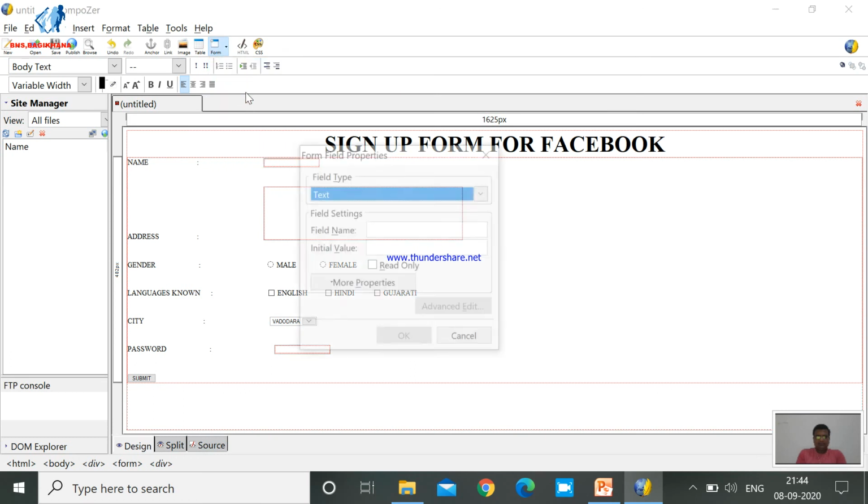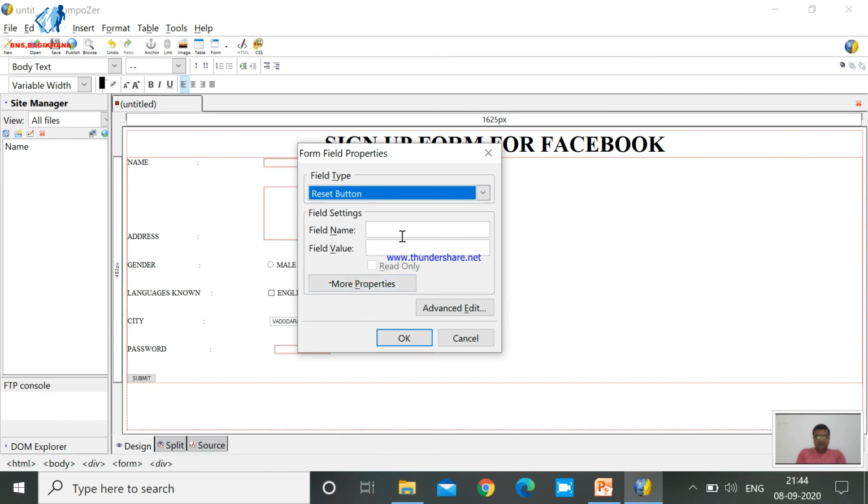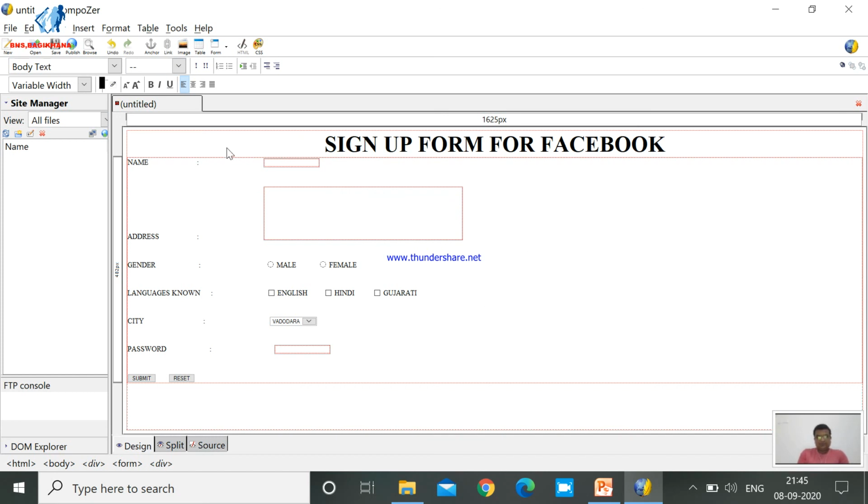These both buttons are required whenever you design any sign up form, because after entering all the fields carefully, lastly you have to press on submit, and if you want to clear all your entries, you have to click on reset button. So these two buttons are very much required for each and every sign up form. So we are taking these two, reset. Okay, done.